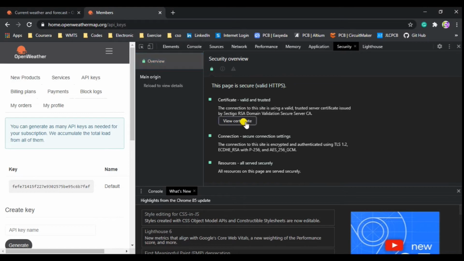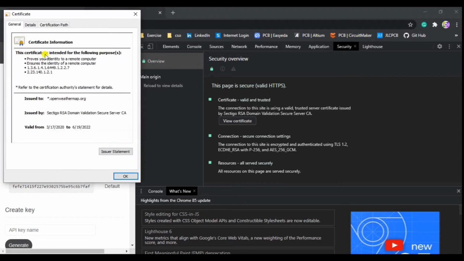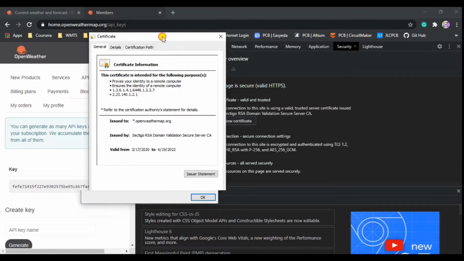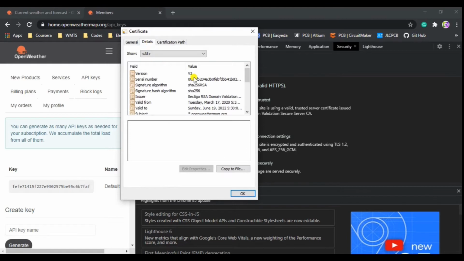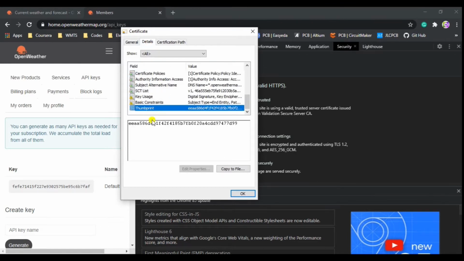After that, click on View Certificate. Okay, this pop-up window will open, and after that go to Details here, and then go to the thumbprint at the last. So this is the fingerprint of the server. Just copy this fingerprint and paste it in your code where I have pasted it.